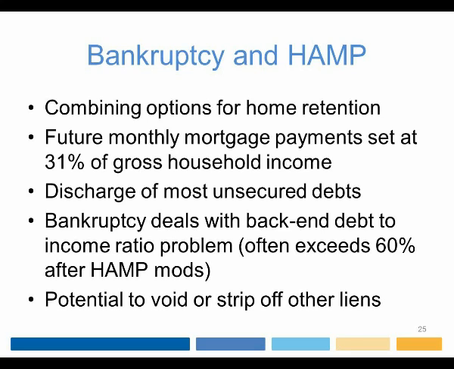There is a way, the other advantage is that the consumer can deal with their other debt. And so you can think of it as potentially a way for there to be one-stop shopping for the consumer. They not only work on getting a mortgage modification, but they can also deal with all that other debt that they might have, which can actually have an effect on even their eligibility for the mortgage modification, because if they're able to discharge and eliminate a lot of that other debt, the credit card debt, it obviously will have an impact on the back-end